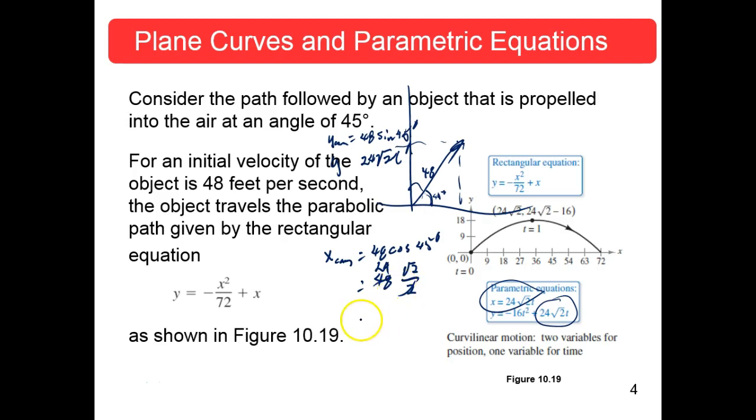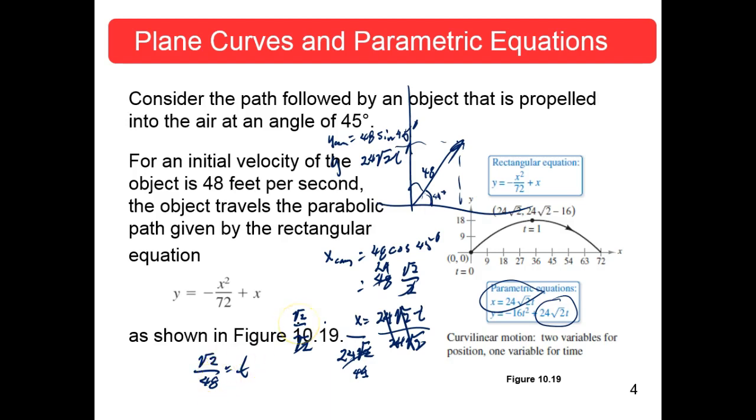Okay. And that would be, let me write this again. X is equal to 24 root 2 t. Solve for t, you would divide both sides by 24 root 2. So these go away, and rather than doing that, I'm going to multiply by root 2 over root 2, and that will make this 2, which makes that back to 48. So this will be root 2 over 48 is equal to t, because I didn't like having the square root of 2 in the denominator. Okay? Now,